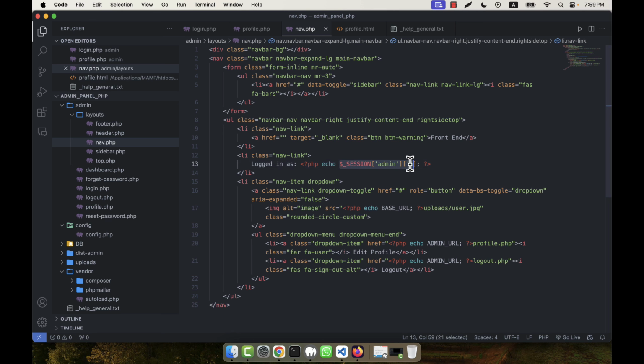If you go to the uploads folder, you will see that there is a default photo. If the admin has no photo in the database, then the default.png file will be loaded. So how can I do that? This uploads folder is not in the admin URL, it is actually in the base URL. So here I can call the base URL, then uploads, then what will be here, that is